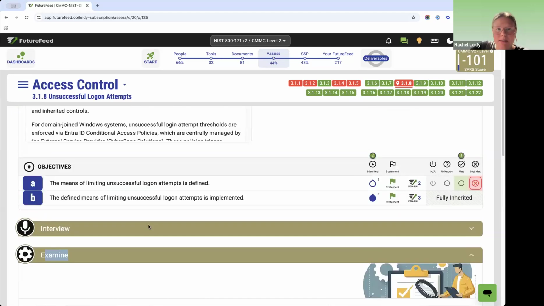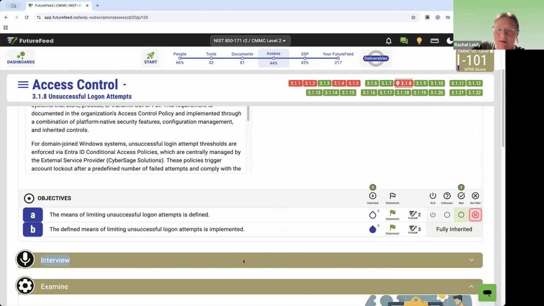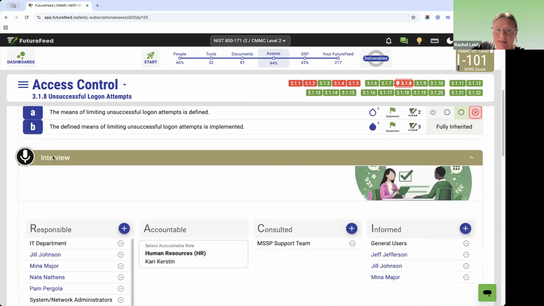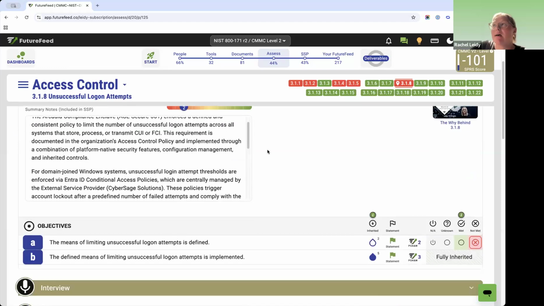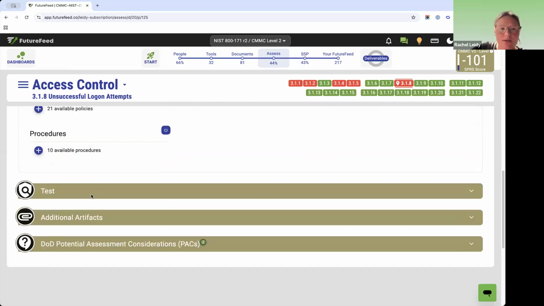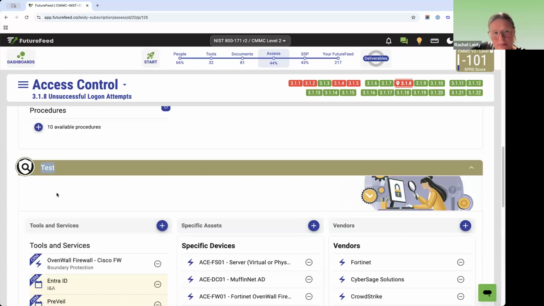Same thing with interview. Up top, if you call out a specific team or a role or even a person doing something, then they should definitely be found or be connected in this interview section. And then up here in the summary notes, if you mention some technology that's helping you implement something, maybe we're talking about auditing and you say that you have a SIEM tool that's helping you do monitoring. Well, whenever you talk about a tool or some technology, then it should definitely be found down below under this test section, okay? So test, it's another assessment method